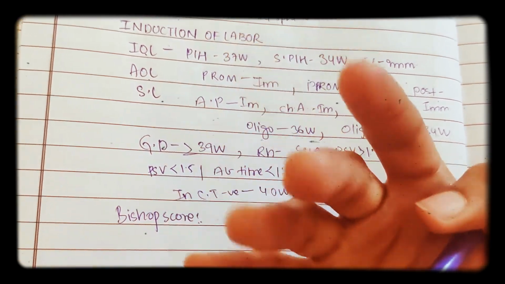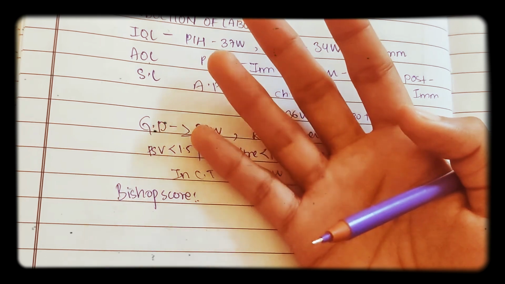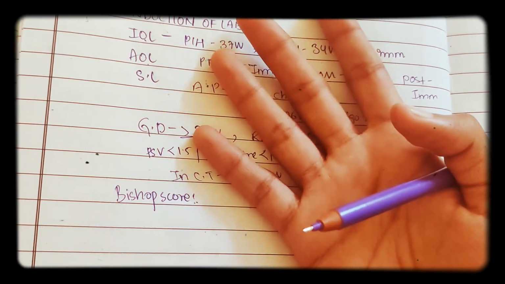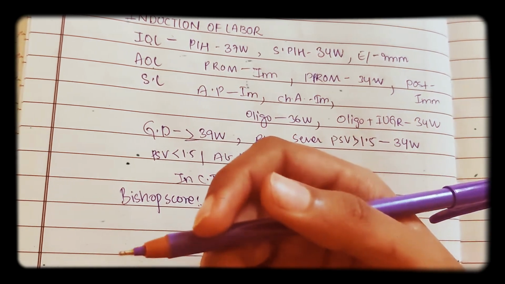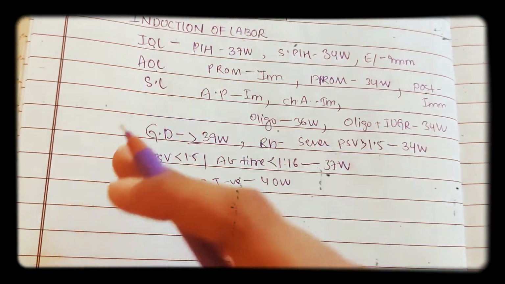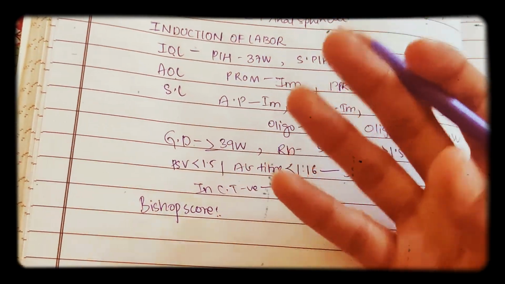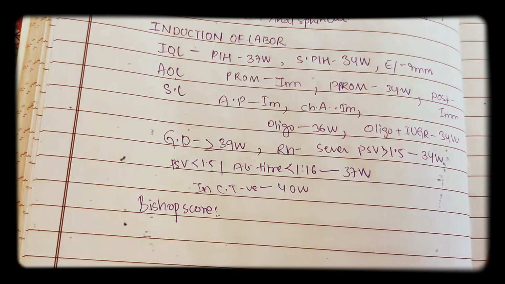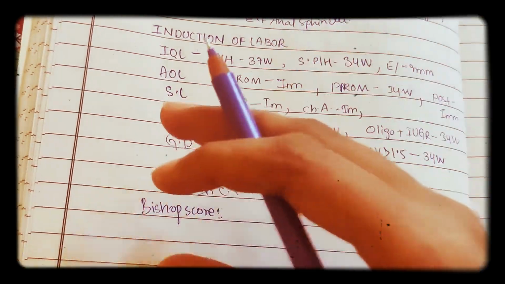Four of them are related to the cervix: how much the cervix got dilated, the position of cervix, the effacement of cervix, and the consistency of cervix. And another one is related to the station of the fetal head. So these 5 parameters are very important in the Bishop score. So what is the modified Bishop score? In the modified Bishop score, instead of effacement of cervix, you add another parameter, that is, the length of the cervix is checked instead of effacement.